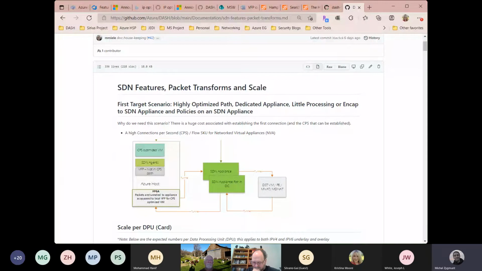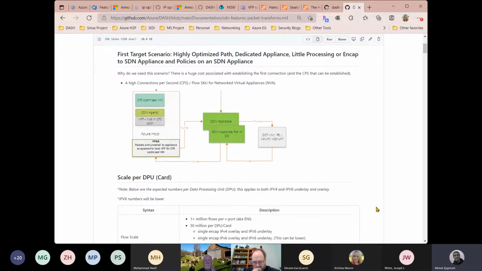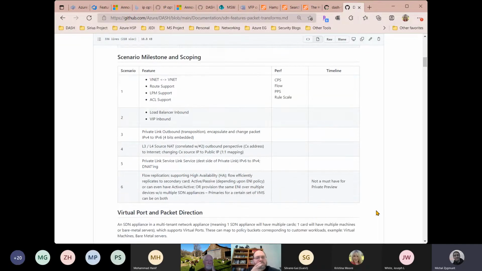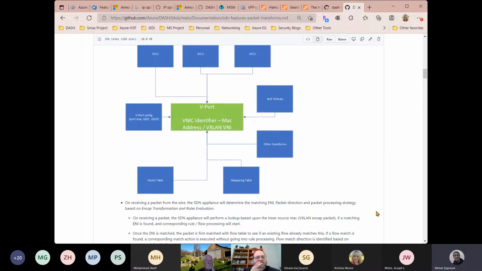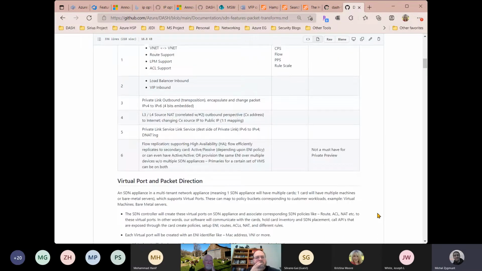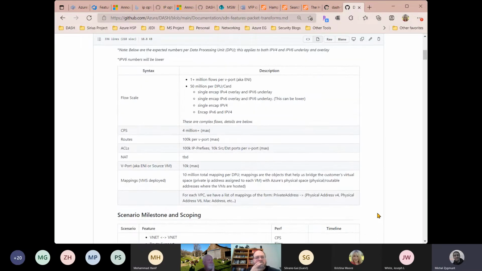Because we have the ability for the customer to connect to on-prem, right? And on our control plane, we pull the routes from on-prem from those devices. And this is usually where lots of prefixes are coming from. So that's why, for example, the requirement is to have 10K or 100K prefixes, because the customer-defined route table is usually really small. Most of the routes are actually coming from BGP, which we merge, and